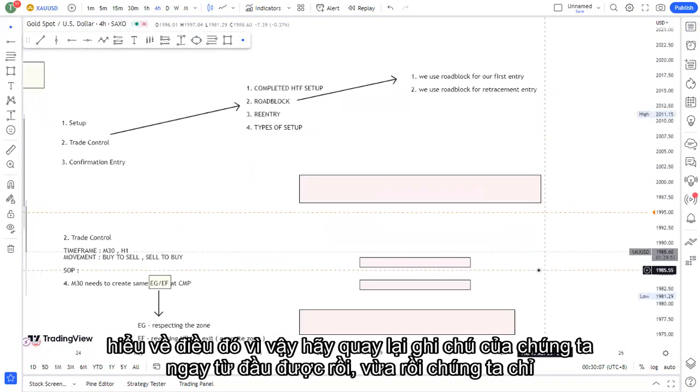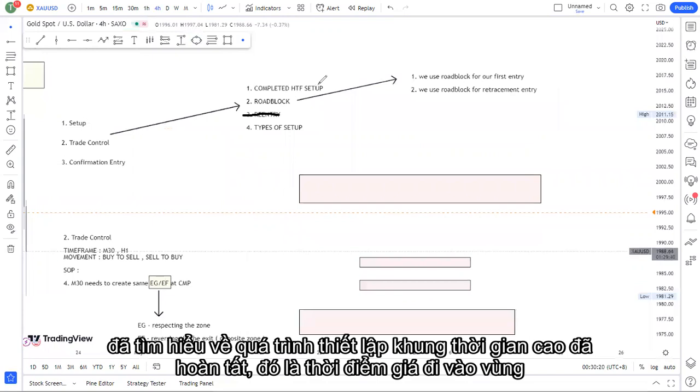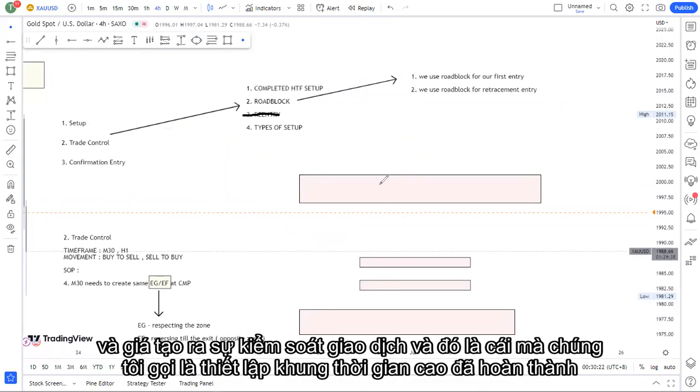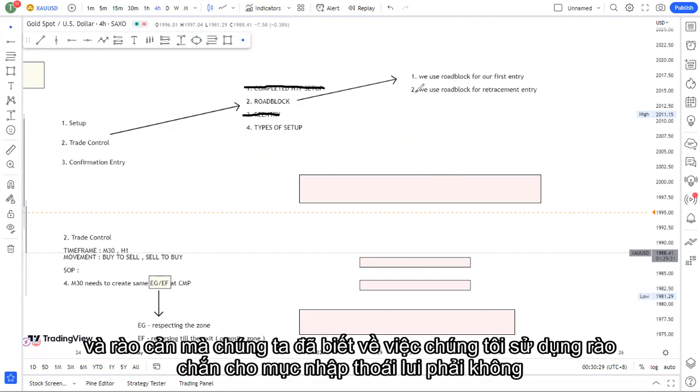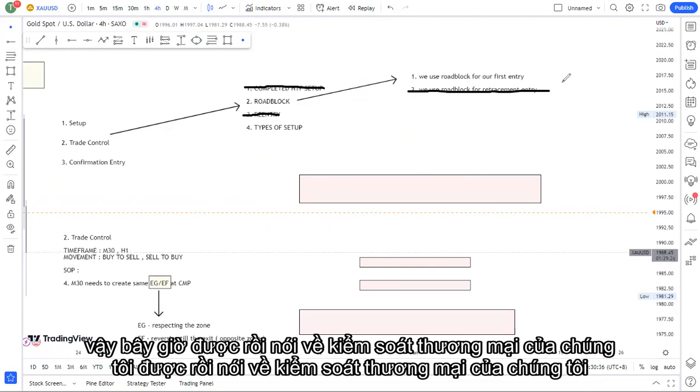Just now we learned two things: re-entry, and the completed high time frame setup, which is when the price gets into the zone and creates the trade control. And we learned that we use the roadblock for retracement entry, right? Yeah. So right now, talking about our trade control,